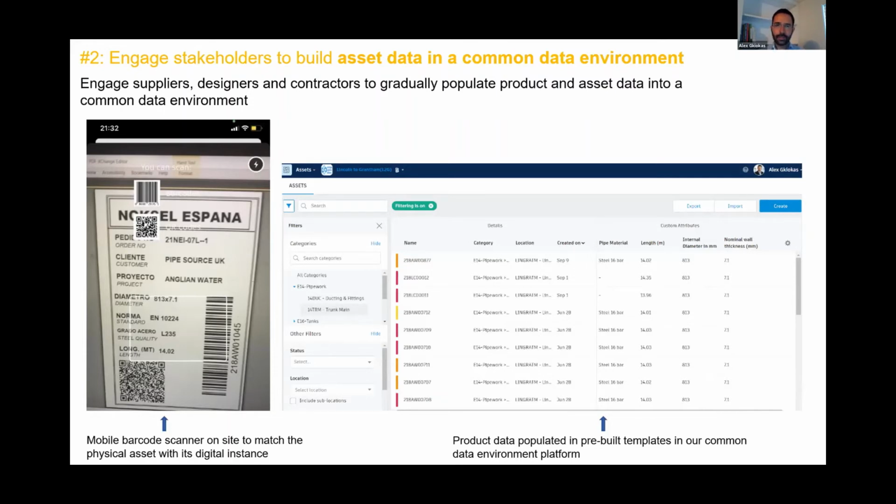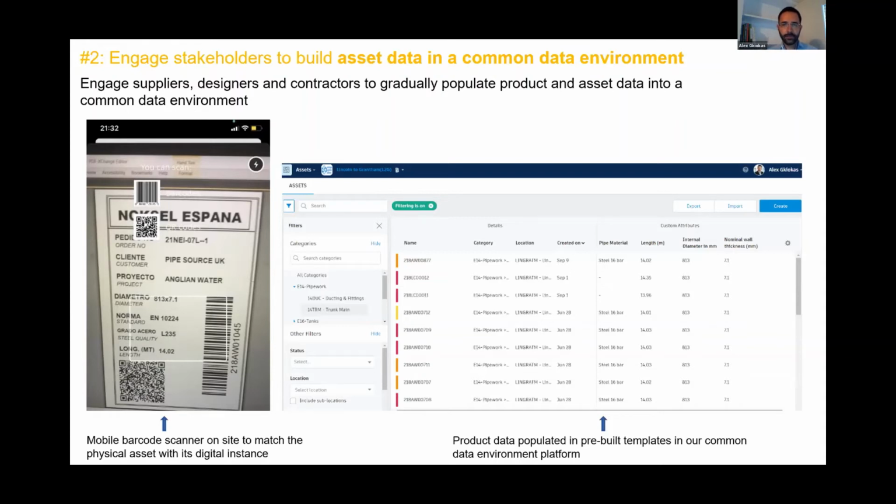Here we've got an example from a steel pipe product we are now using in SPA. On the right-hand side is a screenshot from our common data platform, where we have engaged with a pipe supplier to log data in a pre-built template.